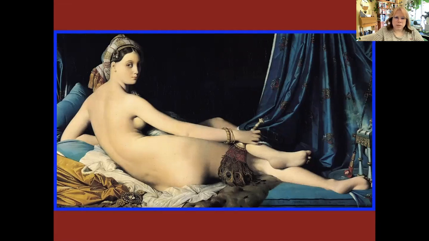The idea of a harem was that a sultan or something would have a harem, and it would be all these women who are essentially sex slaves or concubines. And so the idea here is that this must be a woman from a harem. And not only is that very foreign, but that idea is also, to the Europeans, Islamic. So not only are they just racist, they're also Islamophobic.